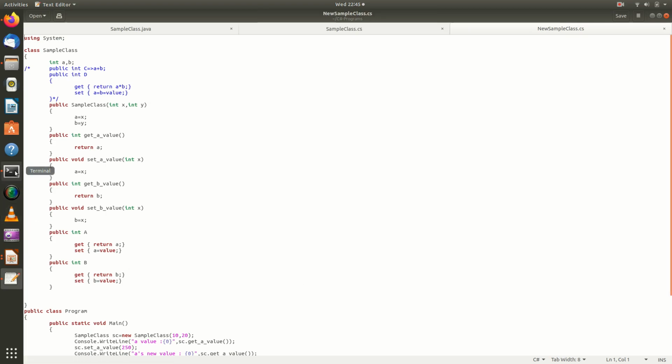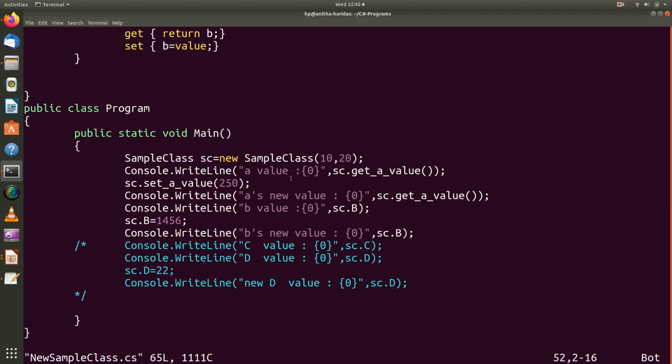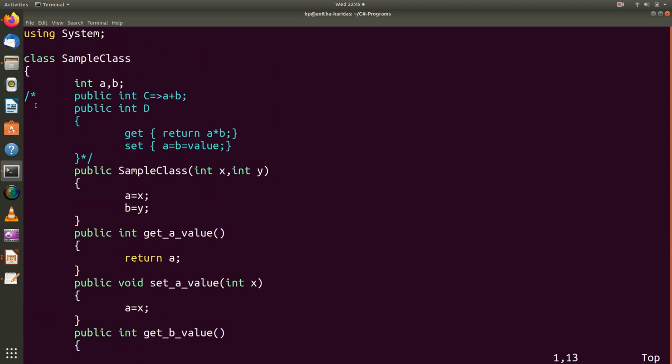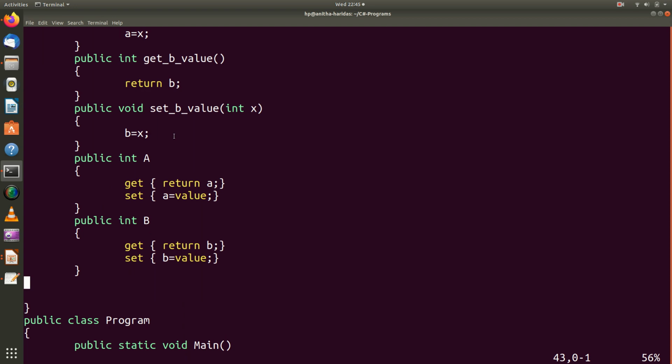This is the program. Let me open the program. I call it new sample class. Okay, ignore this part. I have two variables here, same constructor, get value method, all those things you can ignore.